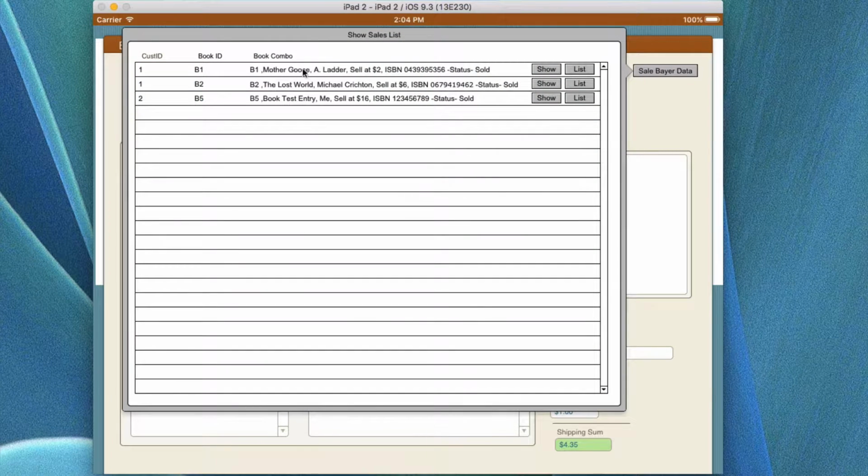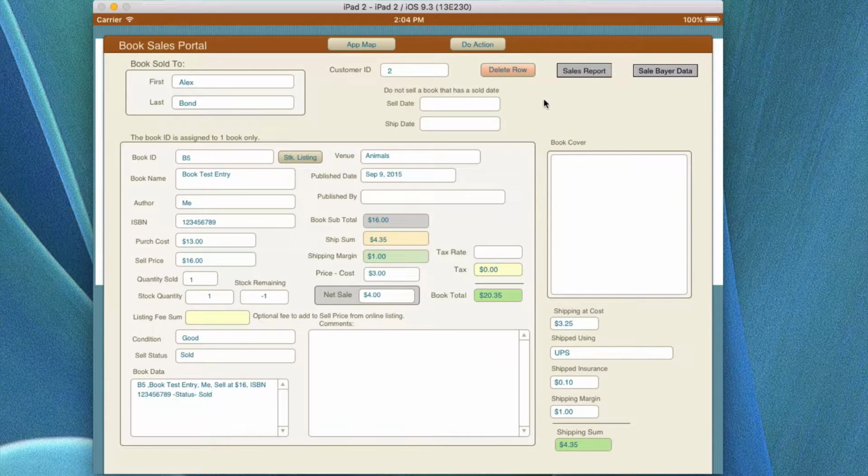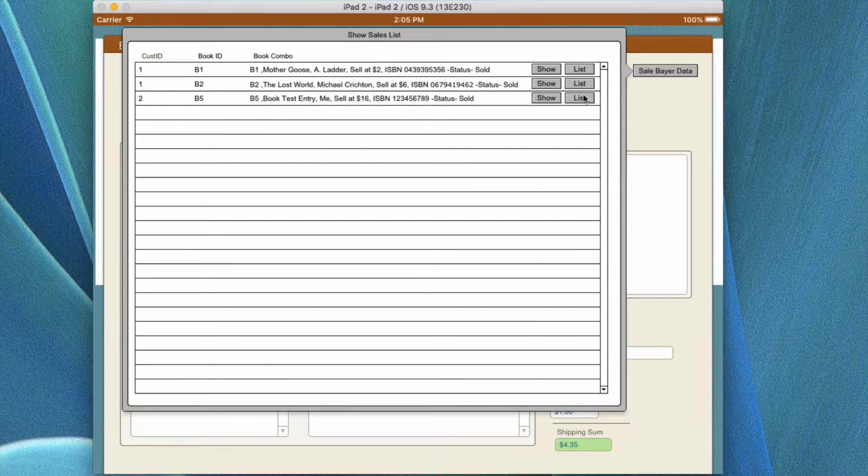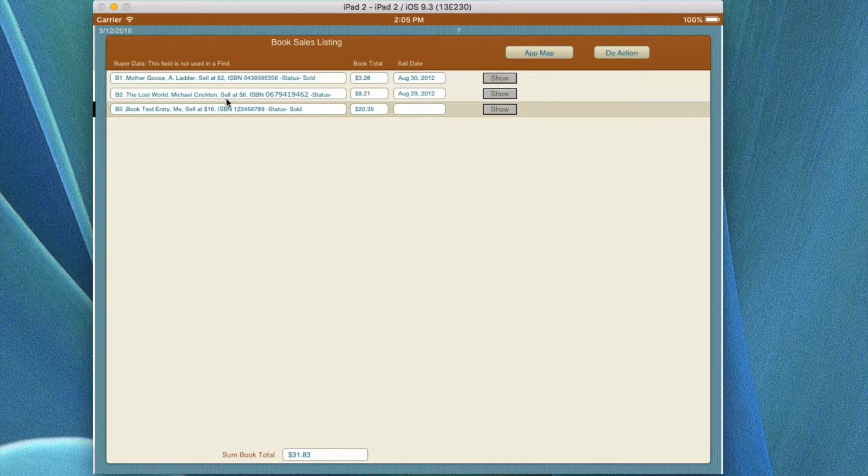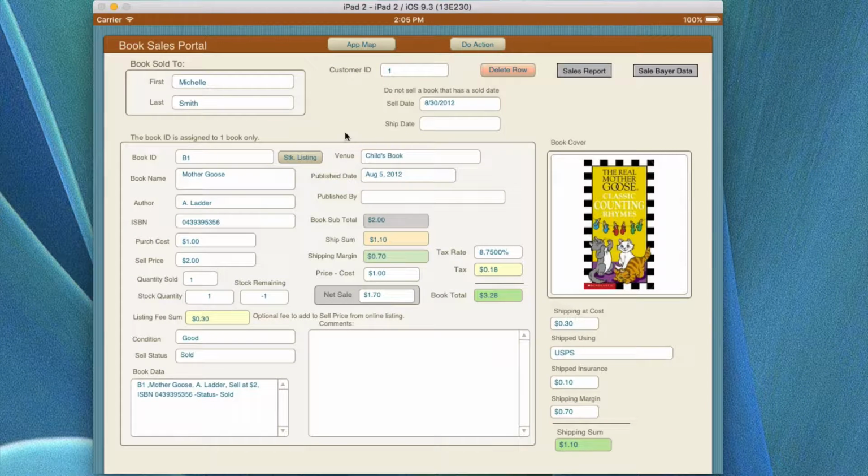In this particular case, this is similar to what you saw on the invoice screen, where it shows the customer ID that is buying, the book ID itself that they bought, and the combined combo field that shows all the information. And you can say show that particular one, and it'll take you over to that particular book, or you can say go list, and it's going to go to the list of books that were sold in the book selling list. So I can go back in here and say go back to the actual record,